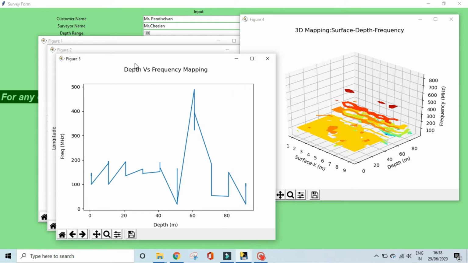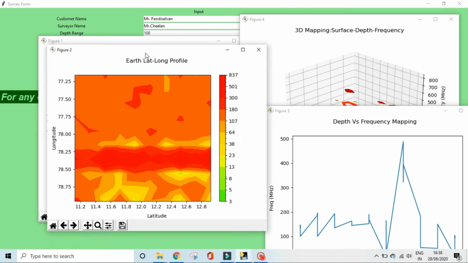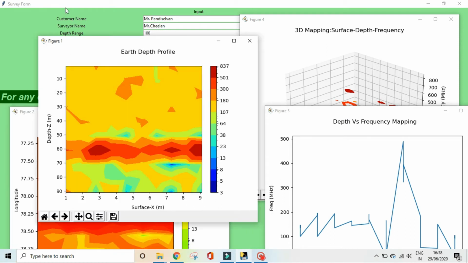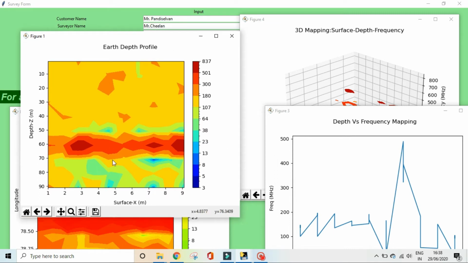Now these are the 4 profiles immediately generated for visualization. You can see the different views, like the earth depth profile, which is the ground surface versus the side to the depth. So we can see the depth profile. This is one of the points, and there is a hard rock in between, and this is the other point. This is more blue in color, so the presence of water is more prevalent over here. You can see source 1, source 2, and something close to source 3.